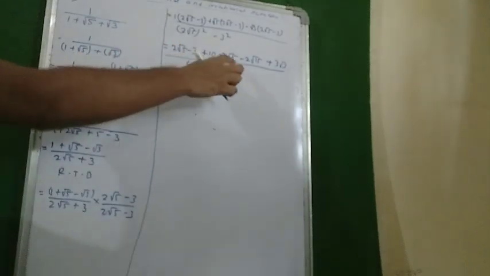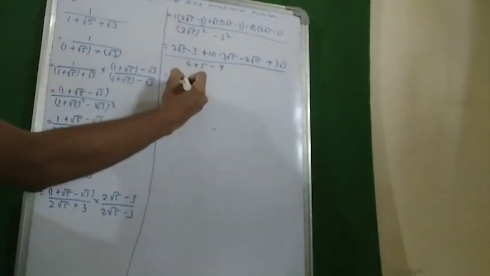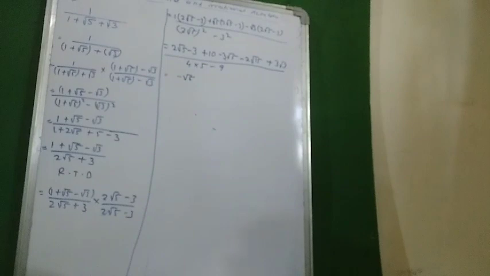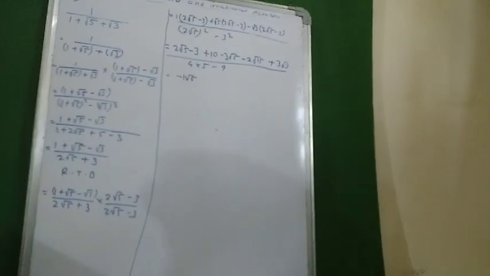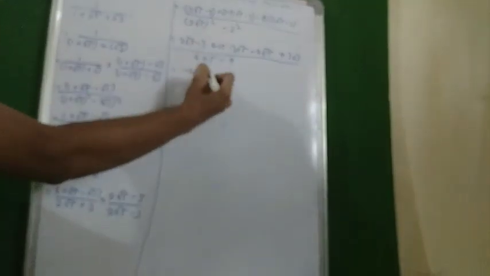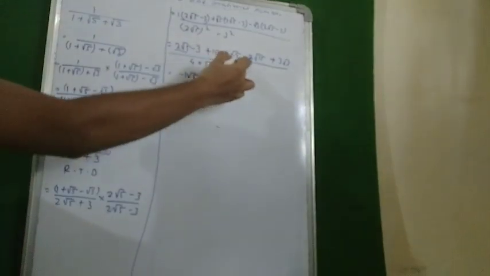It is 2 minus 3. So I can say it is minus square root of 5. Okay. Then 2 minus 3 is 1, so 1 can be written as minus square root of 5. Minus 3 plus 10 is plus 7. Okay. So this and this is solved.